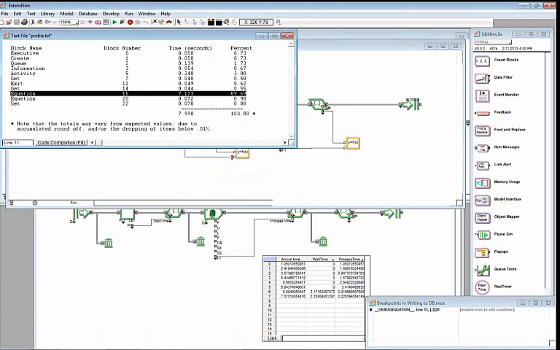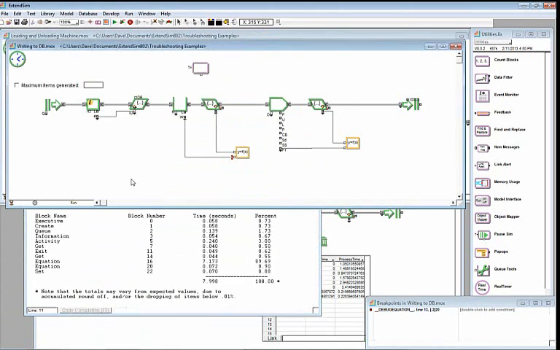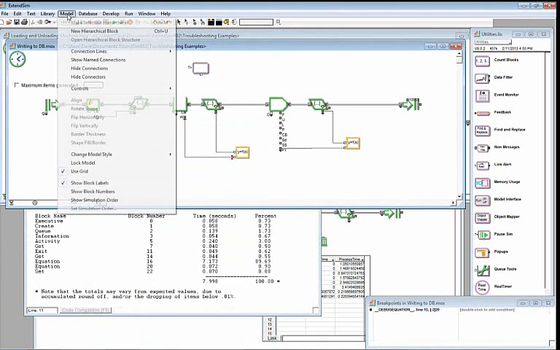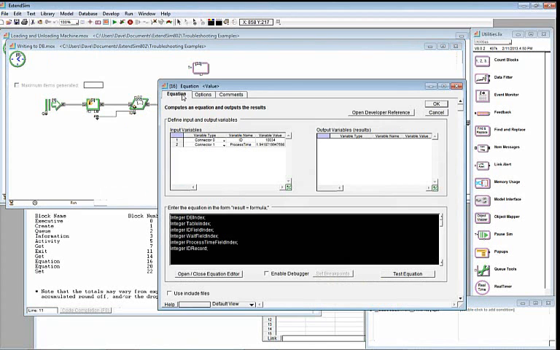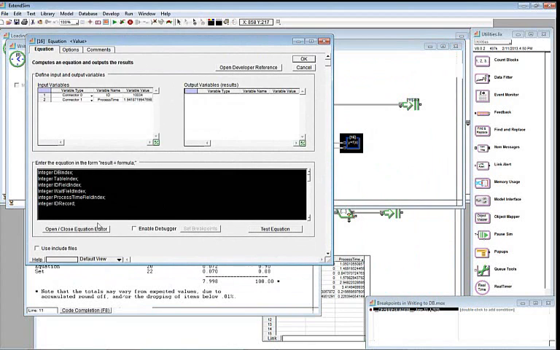So it looks like I've got an equation that's really inefficient, and that's equation number 16. An easy way to find that is to show the block numbers, and there's my equation block number 16 right there. So if I look at that equation,